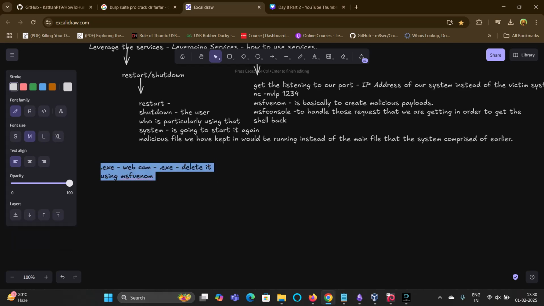And here, as I was telling you, if a webcam has an .exe file, we are just going to delete it, and using MSF Venom we are going to create the payload.